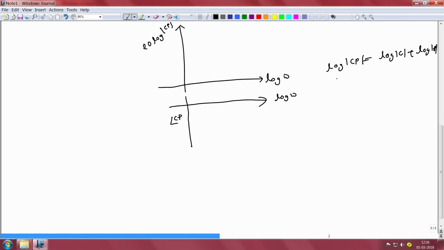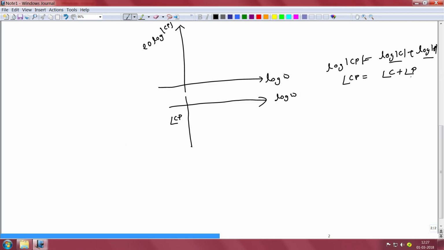So therefore, the transformation of the coordinates so that the y axis of the Bode plot now plots the log of magnitude of the product of c and p allows us greater intuition in anticipating what would happen to the Bode plot of c times p when we are given the Bode plots of p and c. This is also the reason why the y axis of the second plot is just the angle of c times p, because the angle of c times p is essentially equal to the angle of c plus the angle of p.